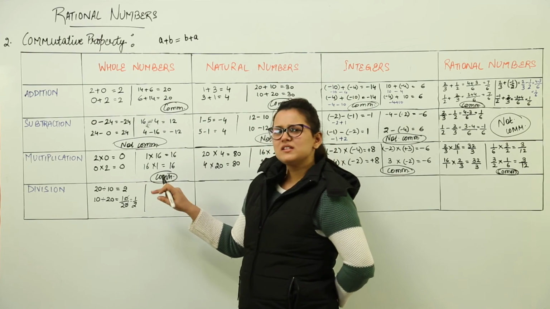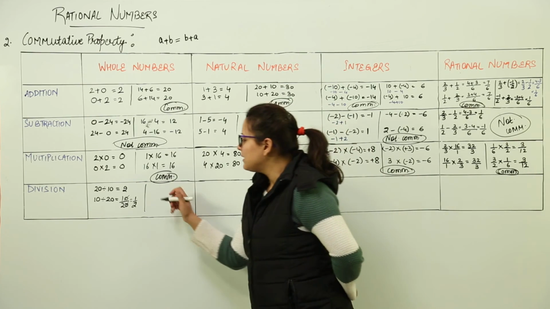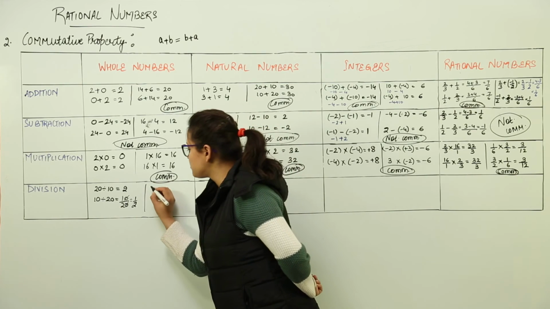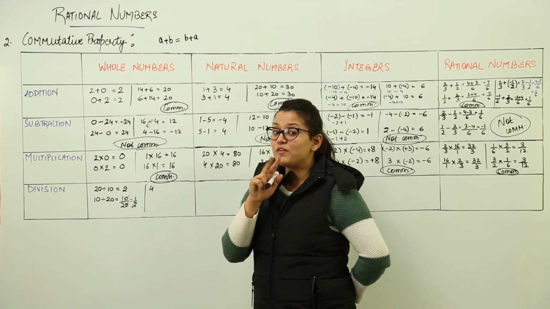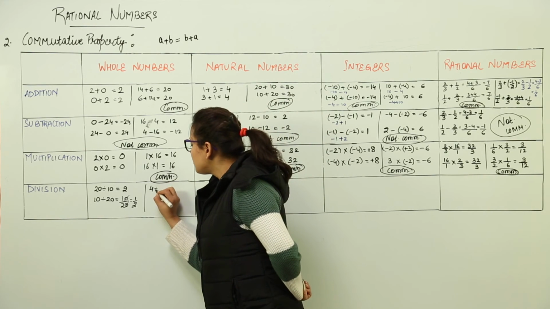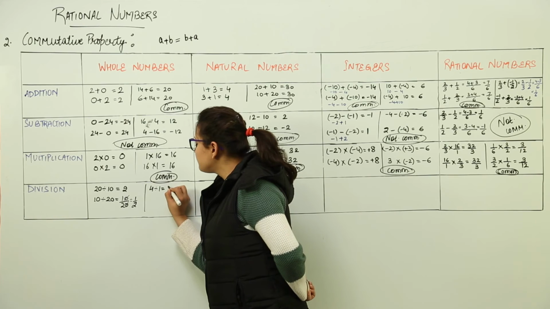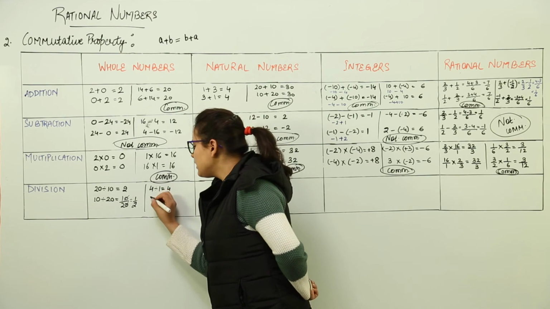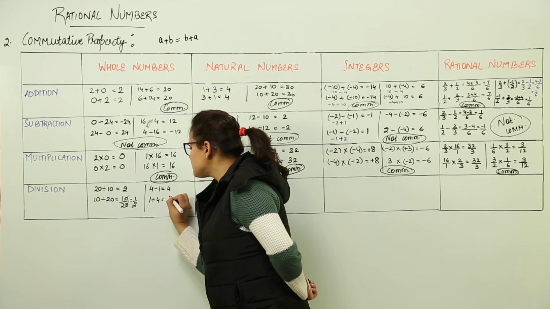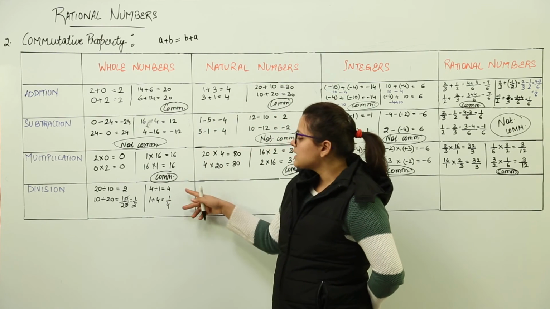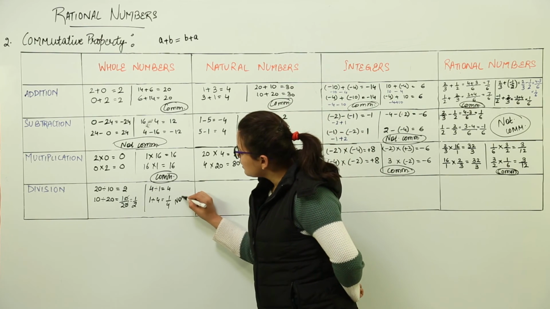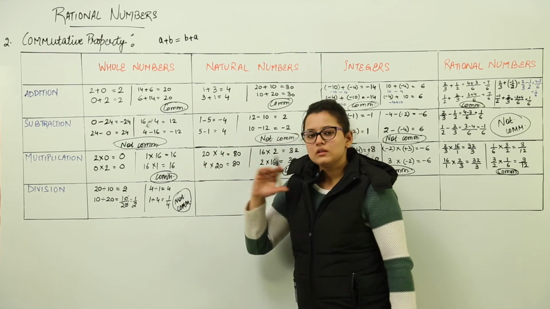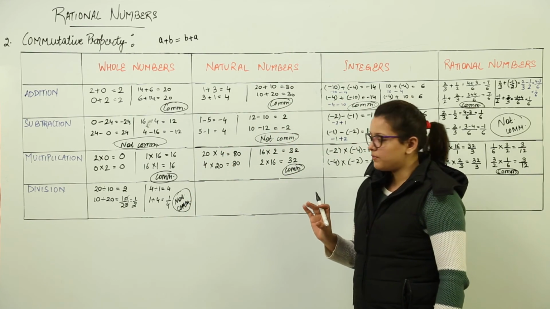We can see that here the answers are coming different only. Let us check with some other example also. We might be wrong in this one. So we should always consider 2 examples for verifying any question. Okay? Now 4 divided by 1 gives you 4 only. If you divide 1 with 4, your answer would be 1 by 4. We can say here that the answers are not coming out to be same. So this property is not commutative. Understood? I hope you are familiar with the commutative and not commutative property now.